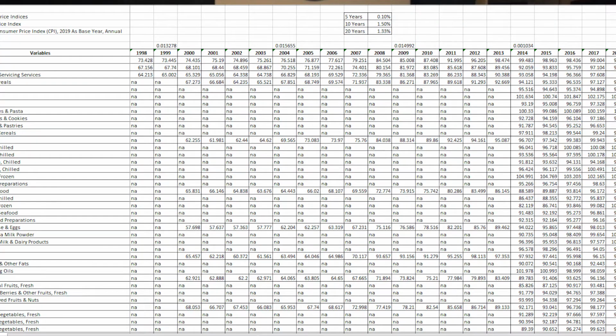And now that we know how inflation is measured, what we want to do is dive into past trends to see what inflation trends were like. You will be able to download this off the SingStat website. I'm gonna link it down below. However, I'm gonna summarize for you guys, alright? When we look at the past 5 years, the average was 0.1% inflation, which is very, very low. When we look at the past 10 years, we're gonna see 1.5%. When we look at 20 years, you're gonna see 1.33%. So what this means is 10 years ago, $100 is worth more than $100 today.